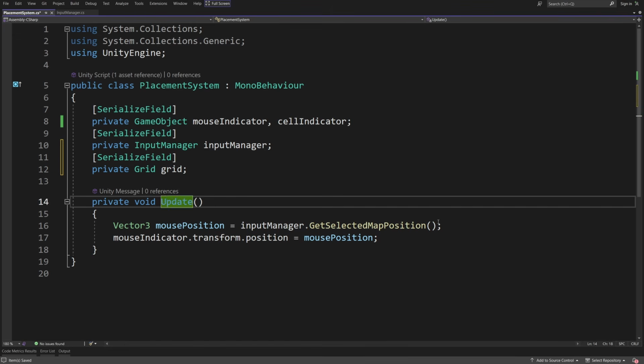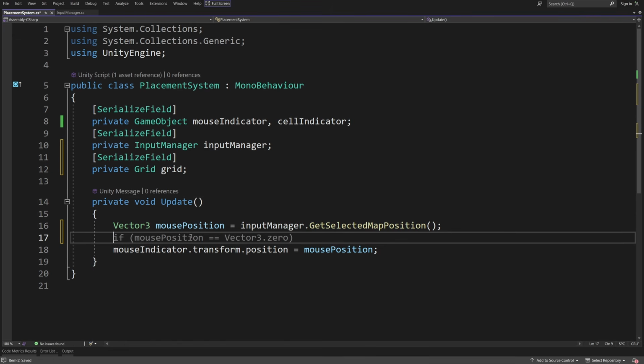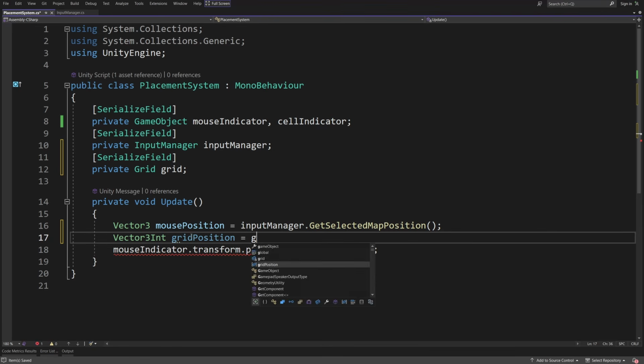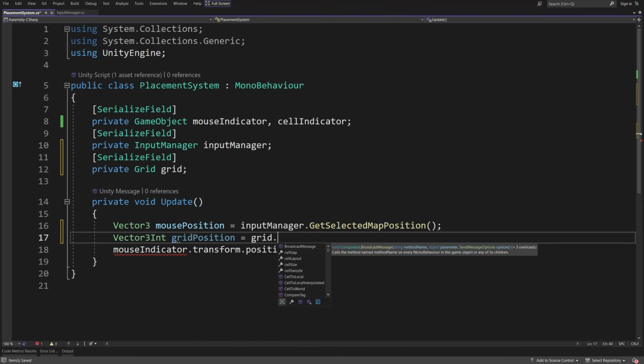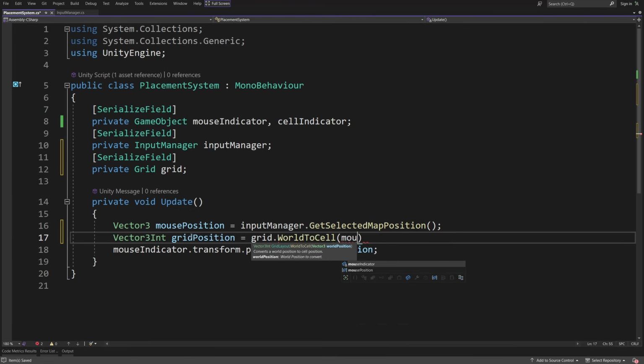Inside our update function, we are going to now convert the mouse position to the grid space. So we are going to create Vector3Int gridPosition, and we are going to set it to be equal to our grid, and we are going to convert WorldToCell. This converts a world position to cell position. We are going to pass to it a mouse position,